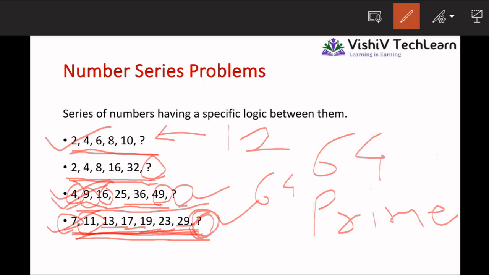So 7 is a prime number. After 7, 11 is the next prime number, then 13 is the next prime number, 17, 19, 23, and 29. So these prime numbers are in series. So after 29, the next prime number in place of question mark is 31,